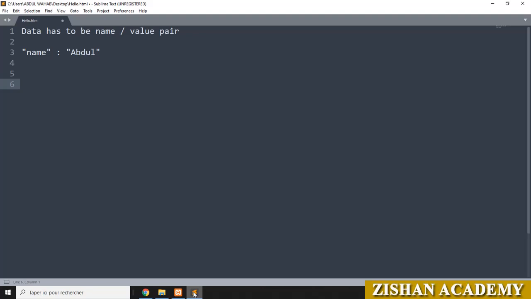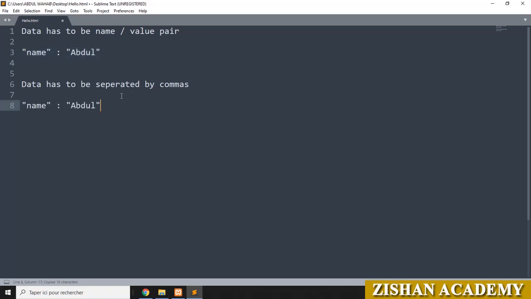Second syntax is data has to be separated by commas. That means you have to select this one, copy and paste it here.